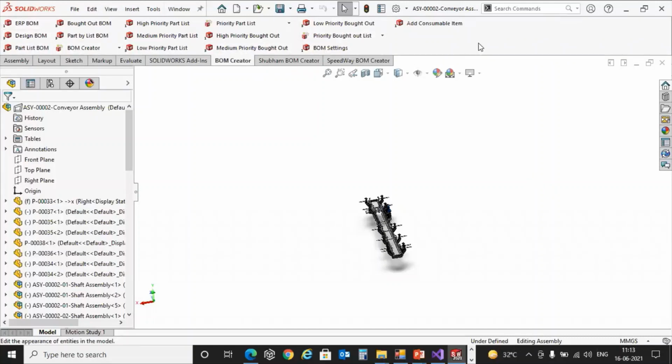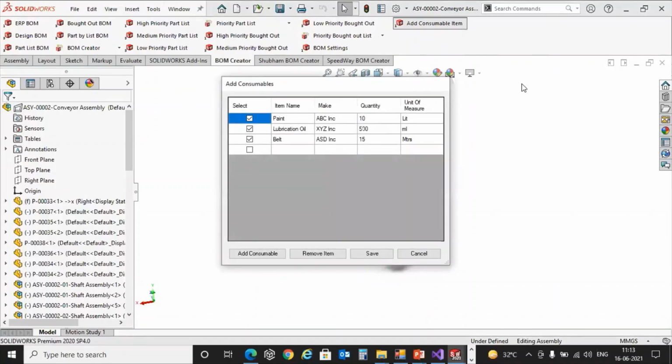So now here we are giving one extra provision, what we call the add consumable items. So what is this option about? Talking about certain components like paint and lubrication oil, these cannot be made a part of our 3D CAD model, right? But these sometimes become part of my regular manufacturing BOM. So with this add consumable item option, we give you a provision wherein you can take all those items which are not part of a 3D CAD system, and make them part of our bill of material, right?